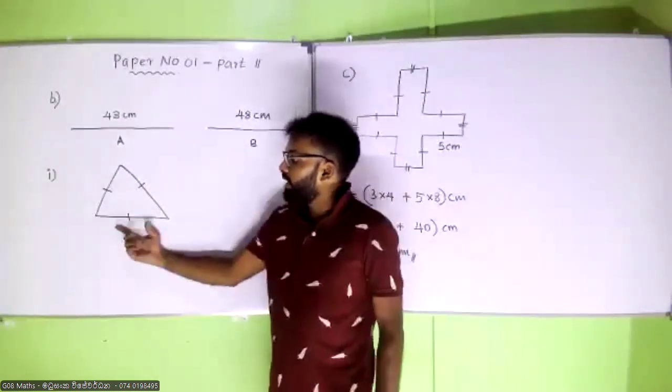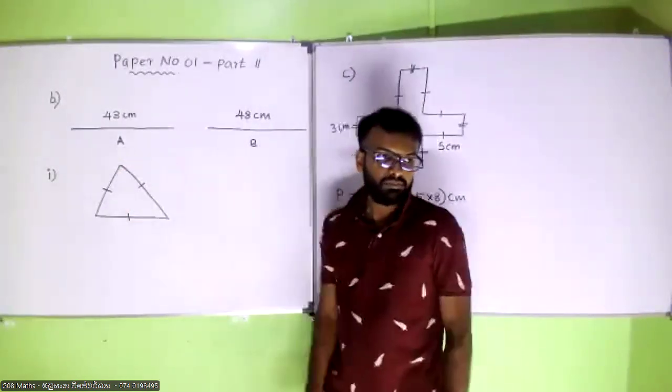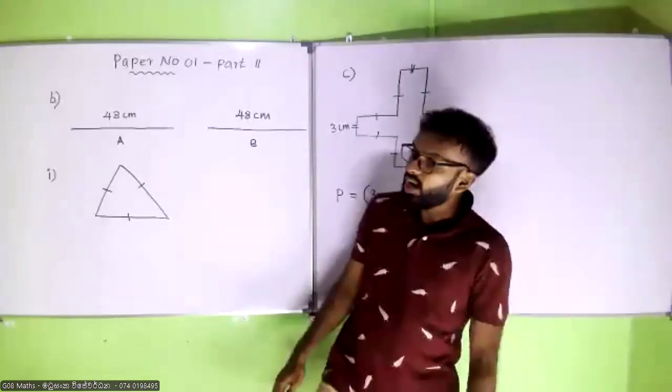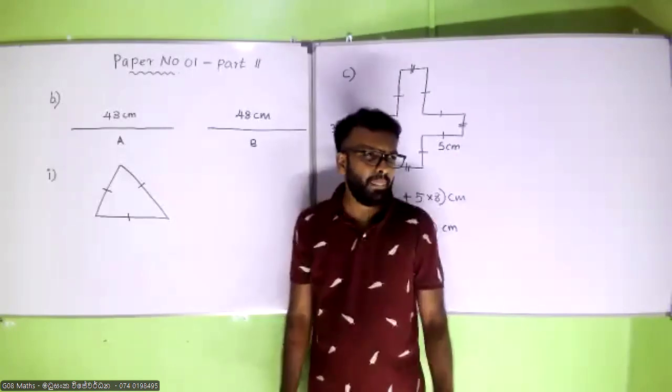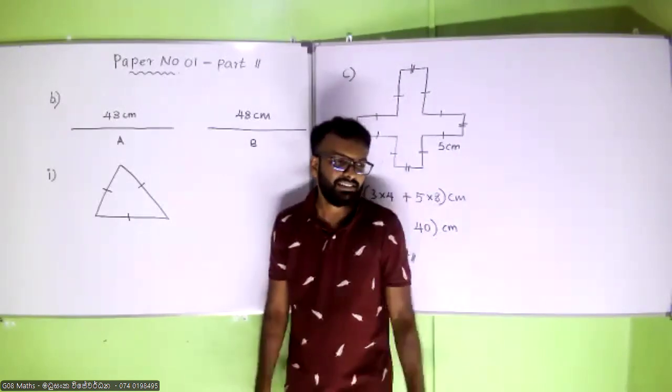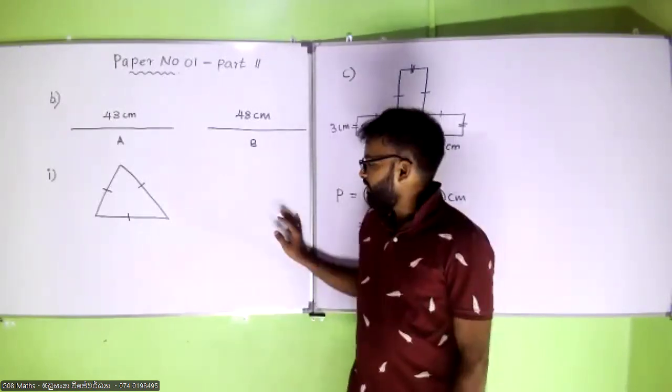Now tell me what is the length of a side? B divided by 3. Which divide by which? 3 divide by